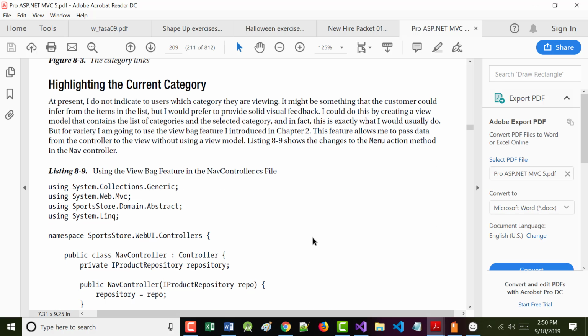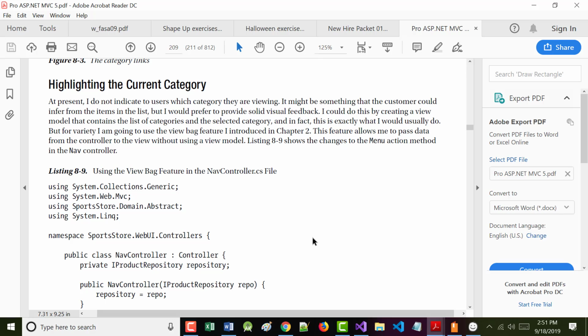So as it says, at present, we do not indicate to the user what category they are in. Most people would probably be able to figure it out. But answer me this. Wouldn't it be possible, let's say, for example, you added a new category in there. I mean, this just popped into my head right now. So let's say we had a new category in there that's called shoes. Okay? And you put in running shoes and everything else. That's all cool. But now, what if you have a water shoe? Does the water shoe belong in the shoe category, or does the water shoe belong in the water sports category? All right? We want to make sure you can always tell.